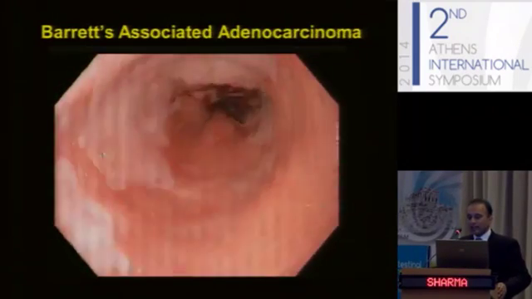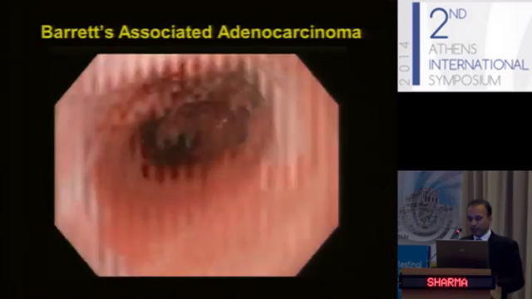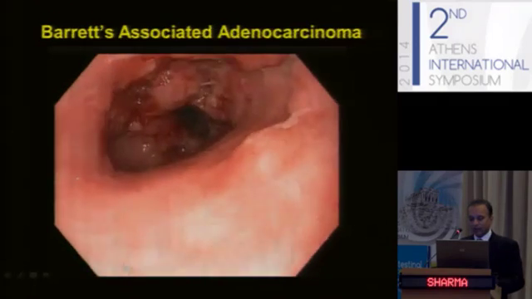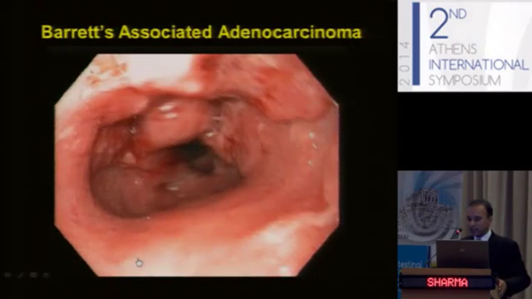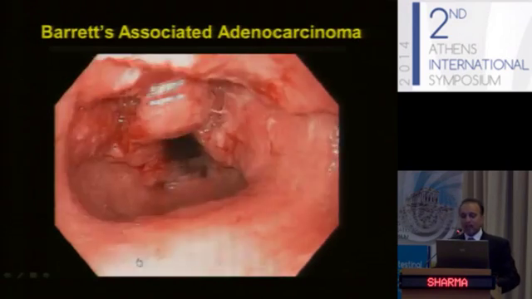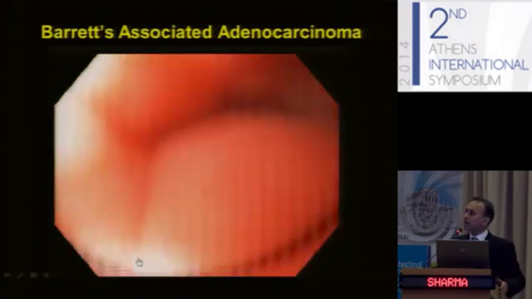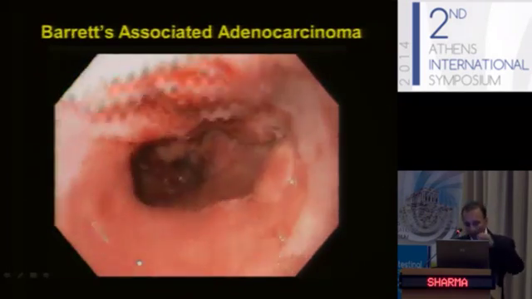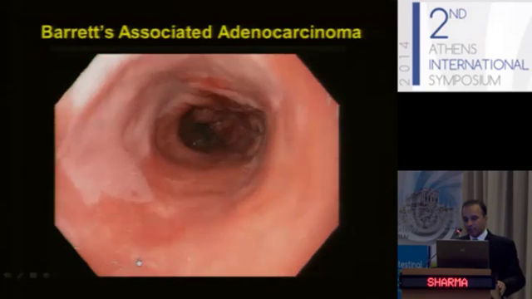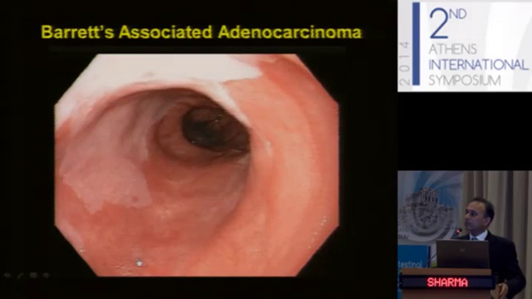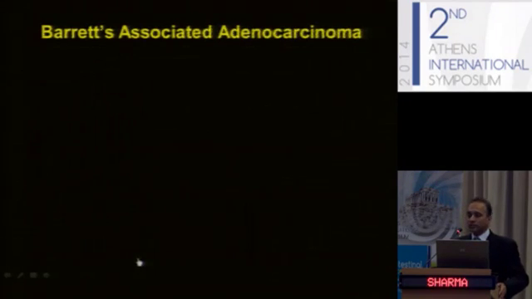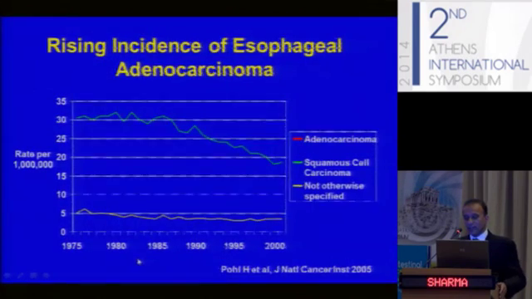So this is a late-stage adenocarcinoma. This is a patient who had chronic refractory GERD, like George's presentation, and eventually developed dysphagia and weight loss and was diagnosed with a T3N1 adenocarcinoma. And these are, unfortunately, the majority of the cancers that we end up seeing: patients who develop dysphagia and